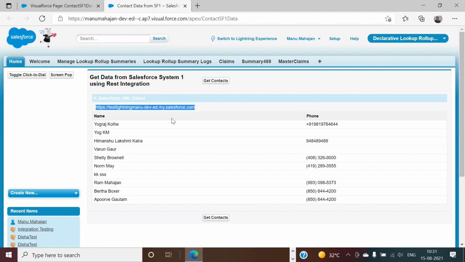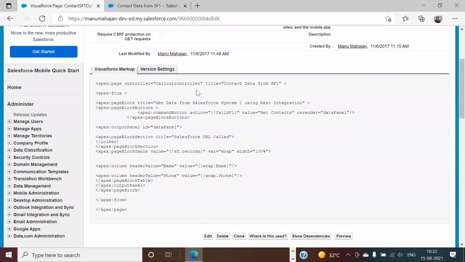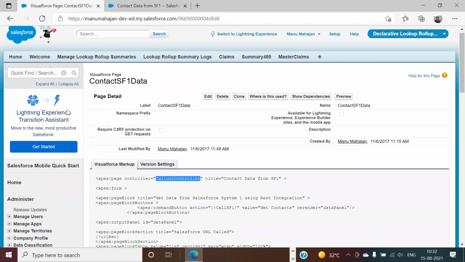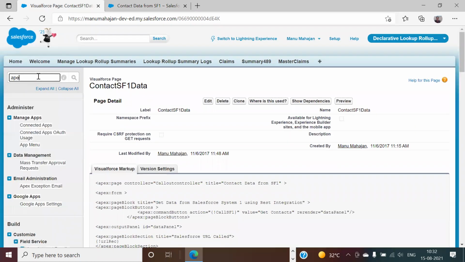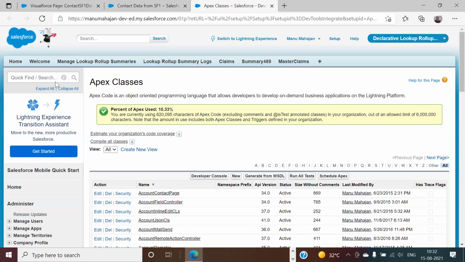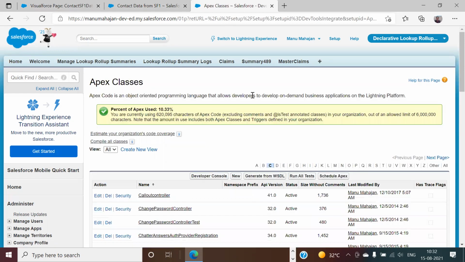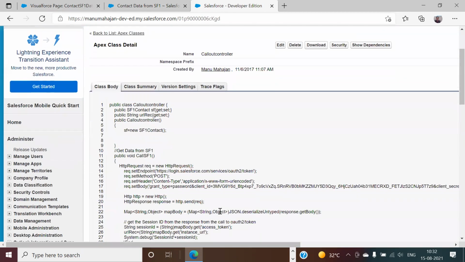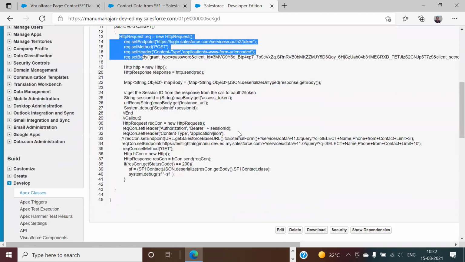So just remember that the data is coming in as JSON. I've converted that data from JSON into an Apex class. So assume I now have my Apex class. The Apex class is your wrapper class where I'm displaying this context. Once you click on this button, you see I have this callout controller. This part is purely the integration part.